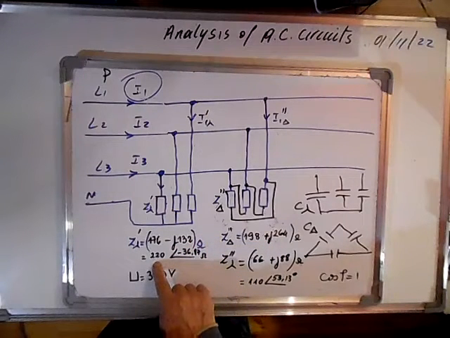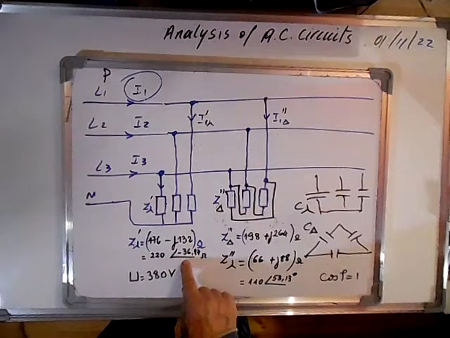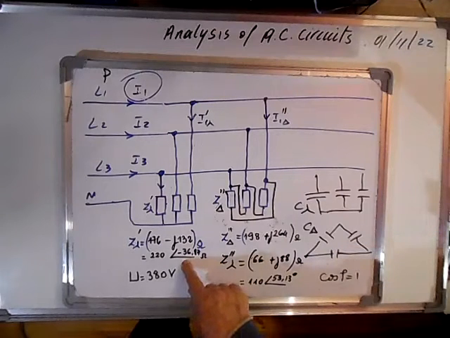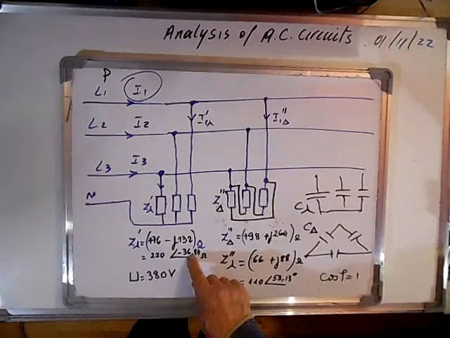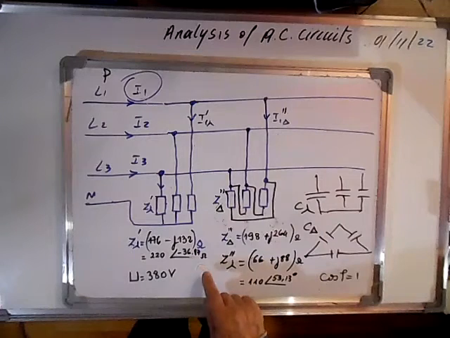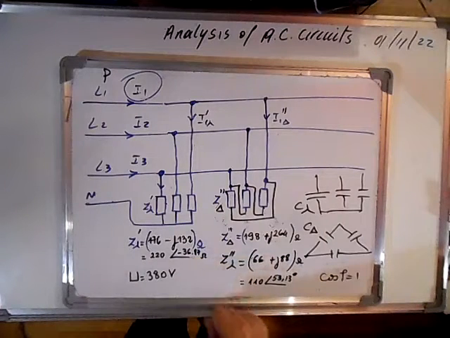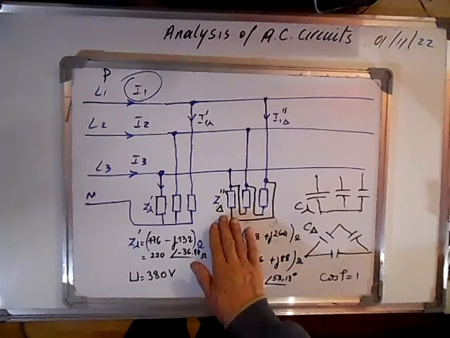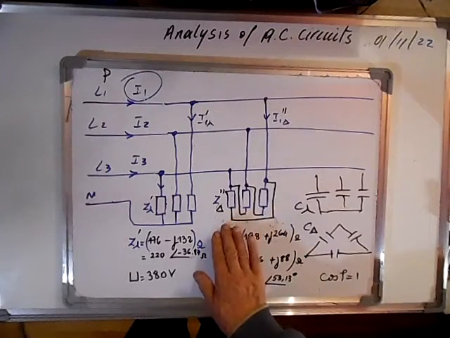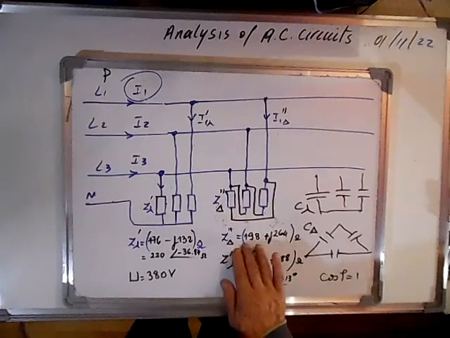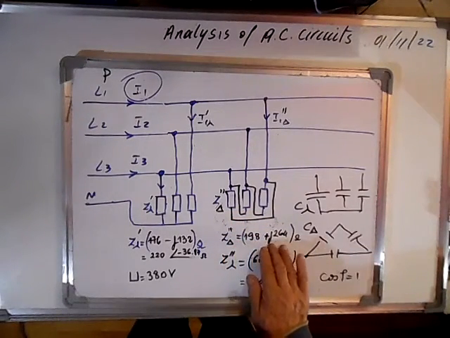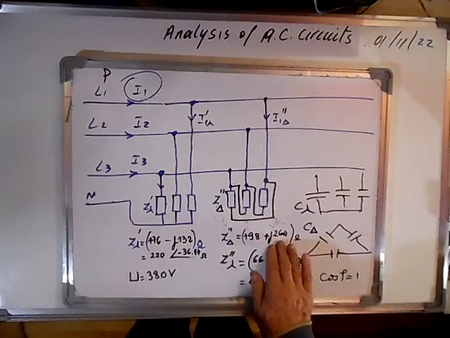In polar form, this is 220 and minus 36.87 degrees. The second one is connected in delta, and the value is 198 plus j264, and we want